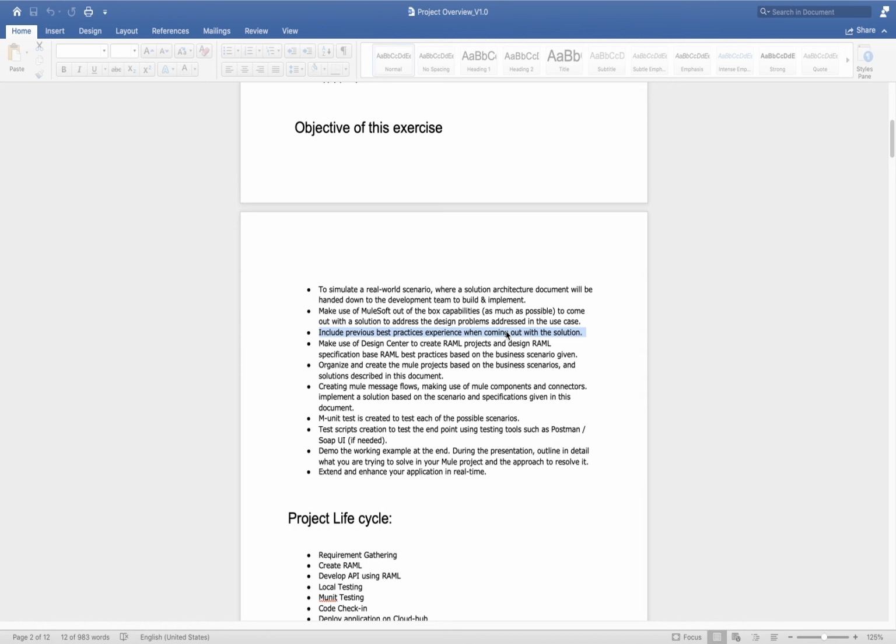So you need to identify what all previous practice you can use there. It's not always mandatory that whatever approach you were following in a previous project will work in the new project also. But whatever things you already did in a previous project, if you find that one is a very good thing to make your API better, then you should use that one.